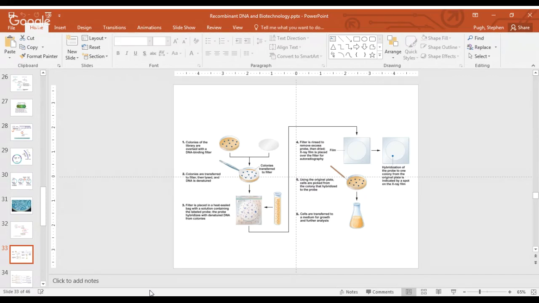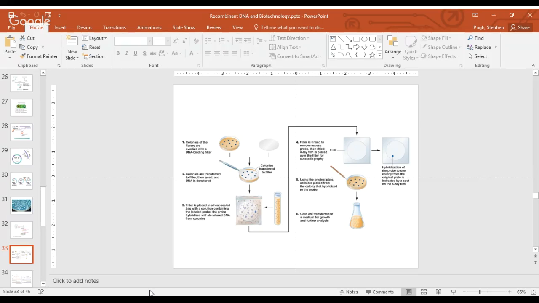And then we create a sample of probe, small pieces of DNA that are radioactively labeled and complementary to sequences of DNA in the gene that we're trying to identify. So we expose the piece of filter paper to that probe. If the probe finds that particular sequence of DNA that it's complementary to, it will bind to it. And because it carries that radioactivity, we can identify that colony,